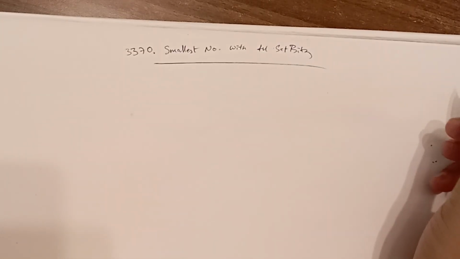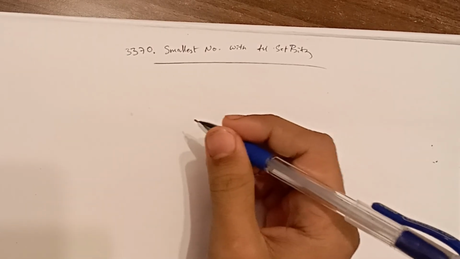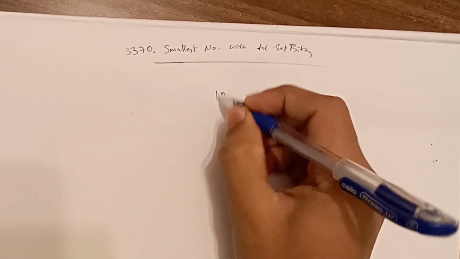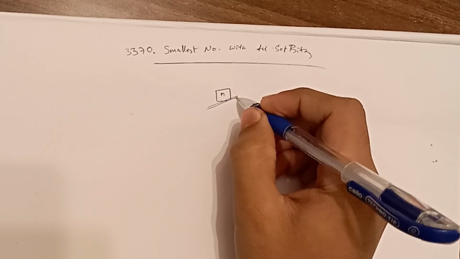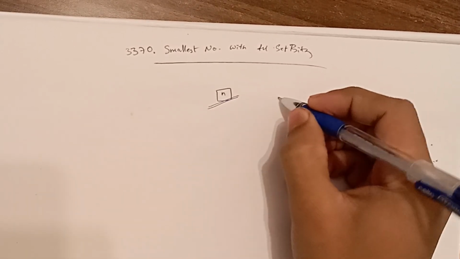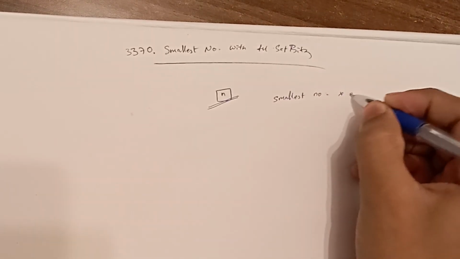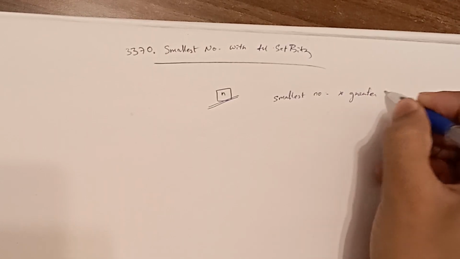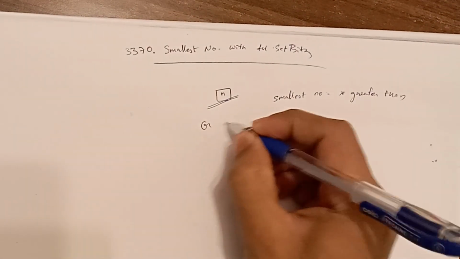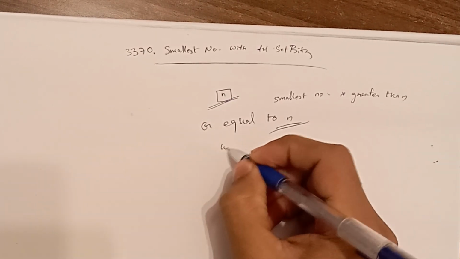So it is an easy question. This question we have asked with after n. We are given an integer n. After this n, we need to know the smallest number x greater than or equal to given n,